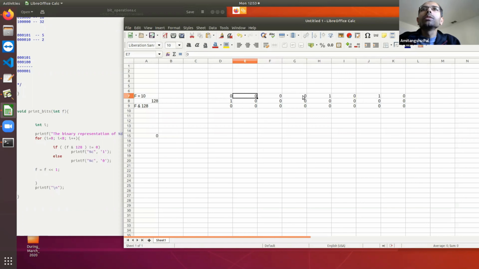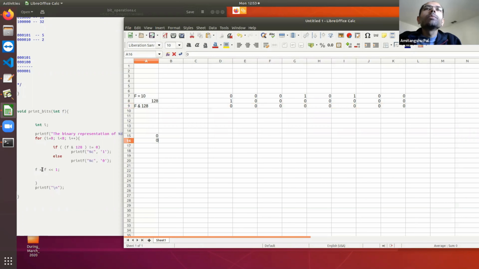All right. So this 0 will go here, it will be 0. This 0 will go here, it will be 0. This will go here, it will be 0. So now let's move this 1 to here, this 0 to here, this 1 to here, this 0 to here, and then the remaining places are going to be 0. Okay. And then let's do the same bitwise AND. Here also I will get 0. Clear? So let's print 0.